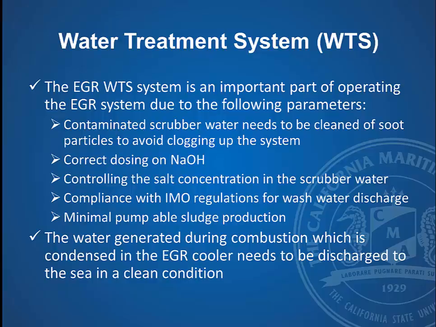You also have an exhaust gas recirculation water treatment system, and it's an important part of operating the exhaust gas recirculation system due to the following parameters. Contaminated scrubber water needs to be cleaned of soot particles to avoid clogging up the system. The correct dosing of caustic, controlling the salt concentration in the scrubber water, compliance with IMO regulations for wash water discharge, and minimal pumpable sludge